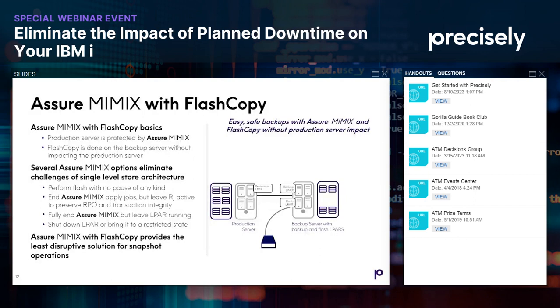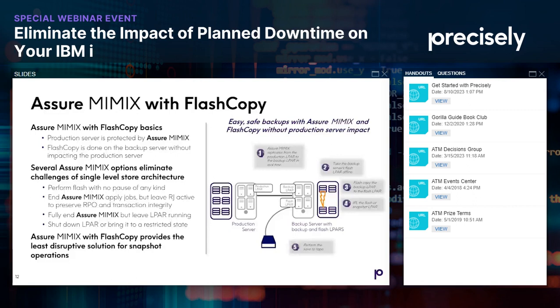To put it pictorially on the right, you're going to see that it's safe and it's a true solution that combines great technologies to give you, the customer, a very advantageous solution. So number one, replicate from the production LPAR to the backup LPAR in real time, as I've mentioned. Number two, you take the backup server's Flash LPAR offline. Number three, you flash the backup data to the Flash disk. And then you can IPL and access that data, or you can snapshot that LPAR, perform the save